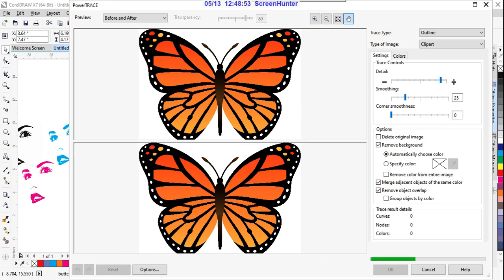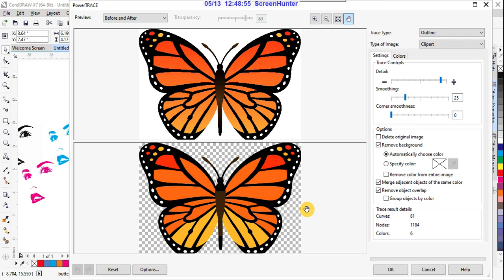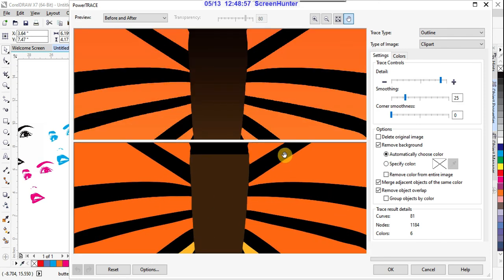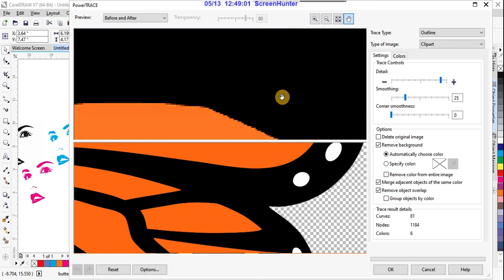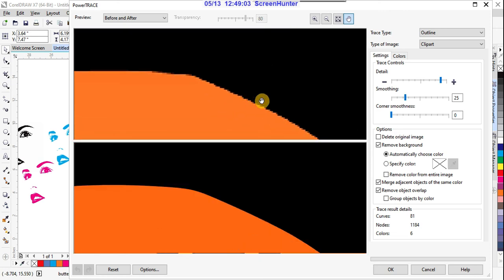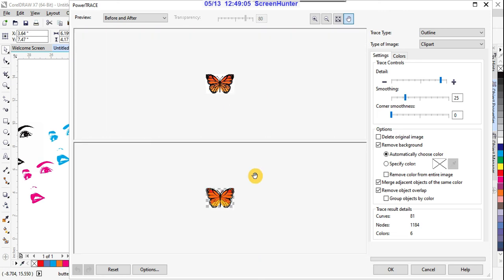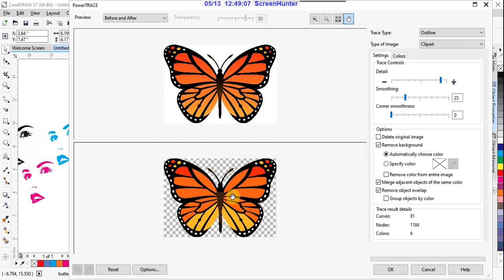It is rendering, processing is going. Now see, when you zoom this, it is pixelating, right? The first one is the original, but here it is a vector. See, because the remove background option is selected. Suppose uncheck that.